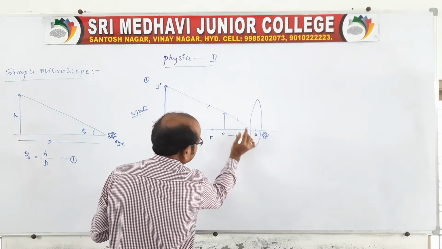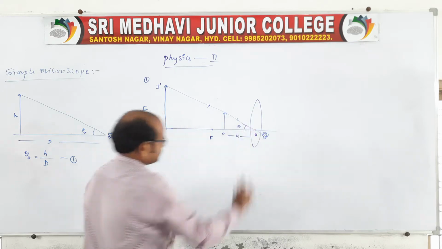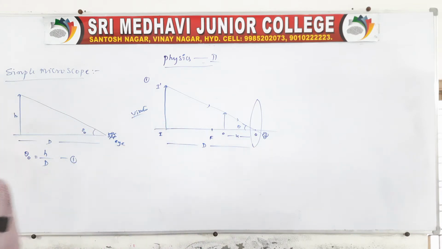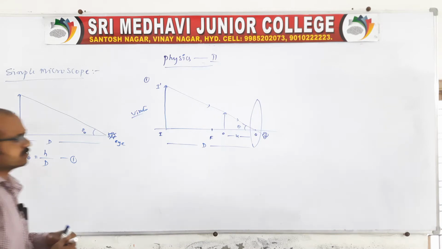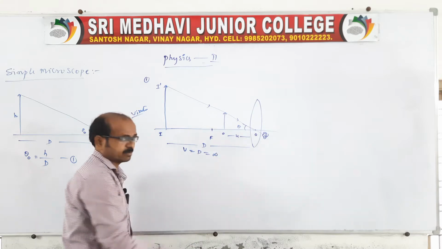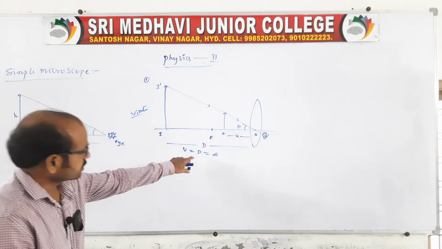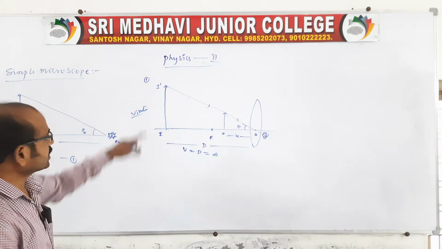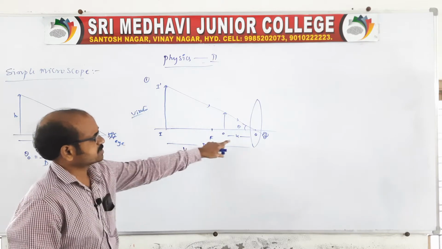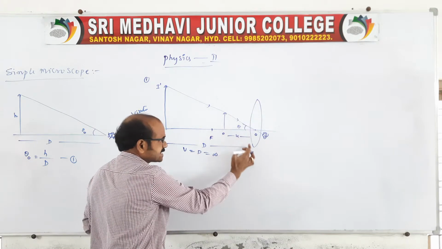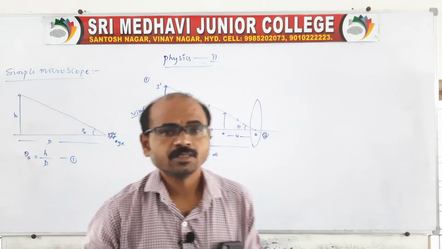This makes an angle at the optic center, which you call theta. Of course the image is formed at a distance anywhere between infinity and the least distance of distinct vision. Between the least distance of distinct vision and infinity, the image will be formed. So the size of the image will be like this, and your object distance is u, and again you write this with the assistance of an optical instrument.